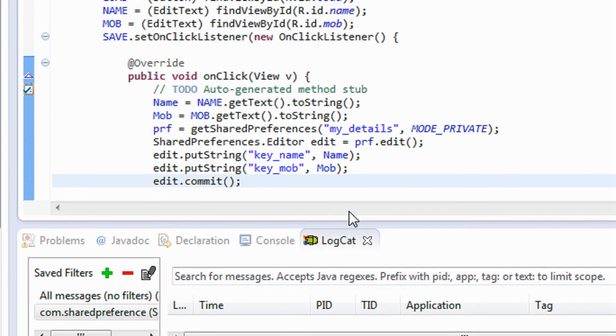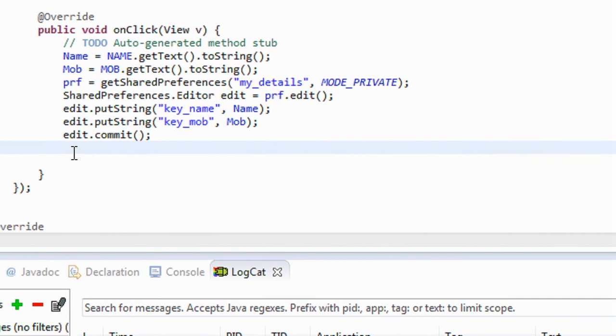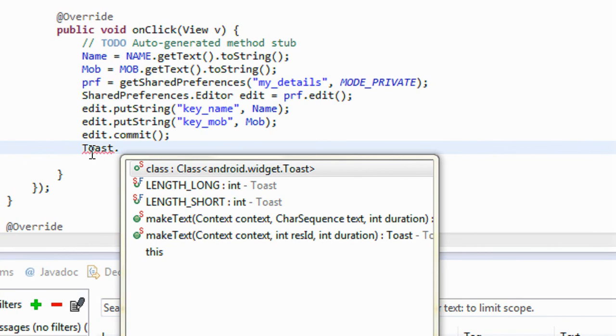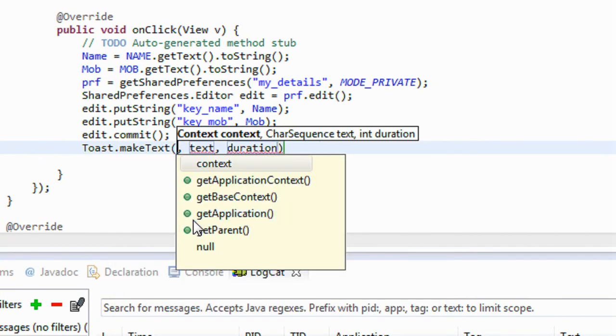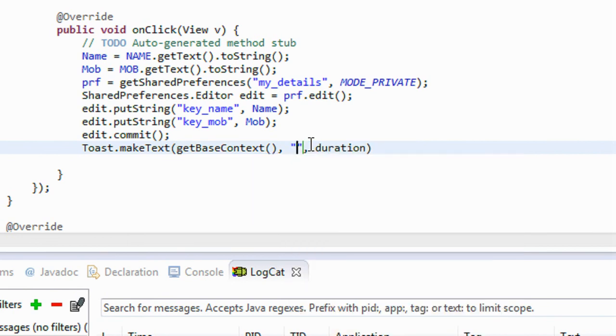After doing all these steps, we have successfully saved our data into the shared preference object. For indicating that save, I use just a toast here, toast dot make text, get the base context, and here is the text, data successfully saved.